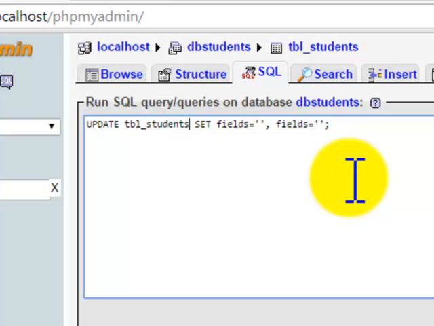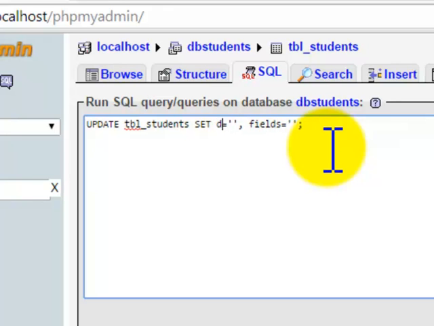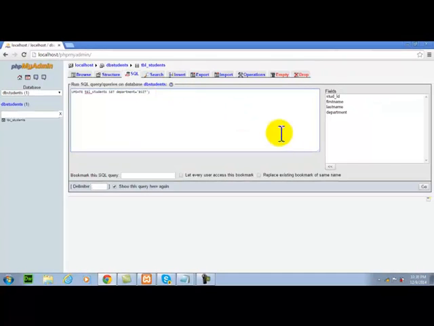Then set, then the next is the name of the field that we are going to change, for example, the department. And then the name of the department that we are going to change it to. Then click the go button.